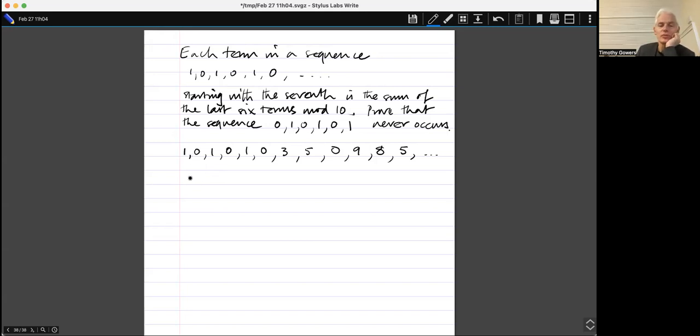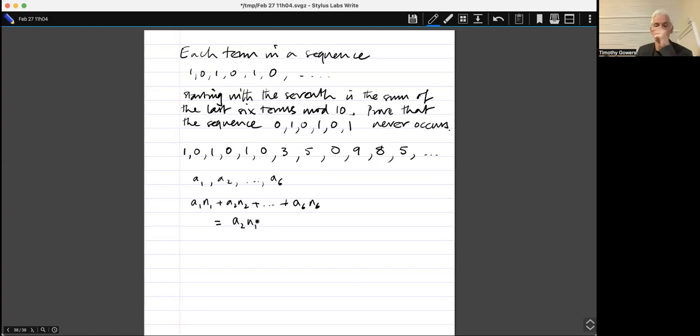So supposing I got a subsequence of the form A1, A2, up to A6. Supposing I look at a combination of the form... this is a bit of a guess, but what I'm trying to do, to be systematic, is to write down a whole class of potential invariants, and we'll see if any of them works. So I'm going to look at an invariant of the form A1N1 plus A2N2 plus up to A6N6. Now if I want that to be an invariant, what I'm going to need is that this equals